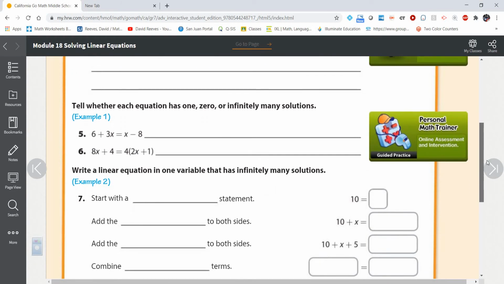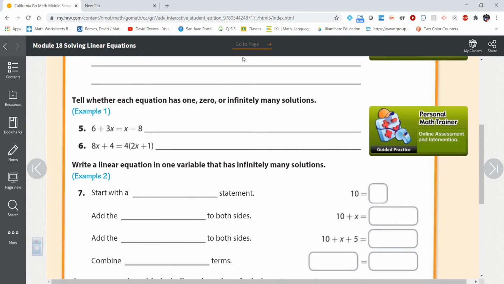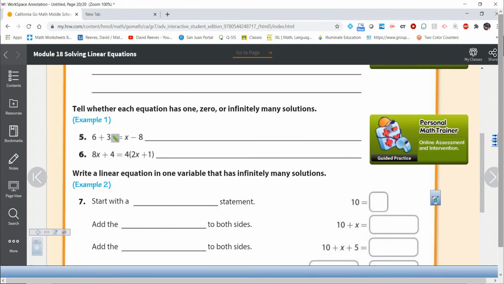Tell whether the equation has 1, 0, or infinitely many solutions. All right, now I can tell you right off the bat. Do you see how this is 3x and this is x? Both of these are already simplified. Do you agree 6 plus 3x is completely simplified? X minus 8 is completely simplified. Once it's completely simplified, if the variable terms are different,